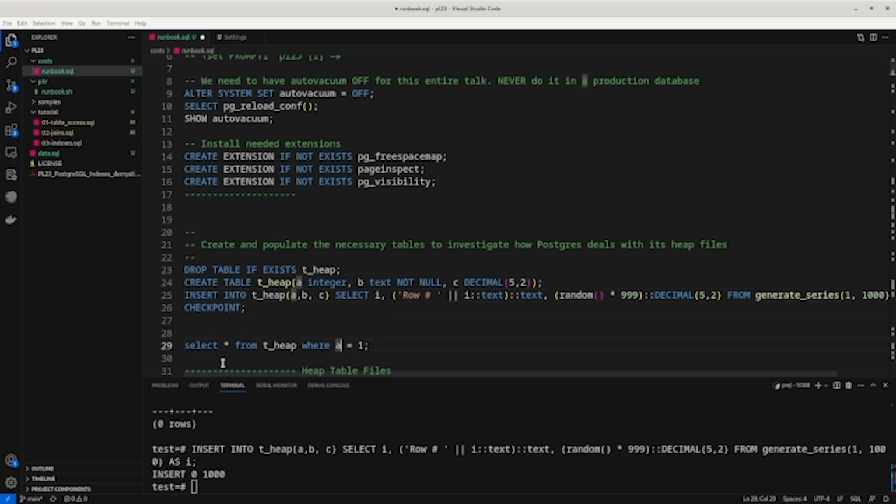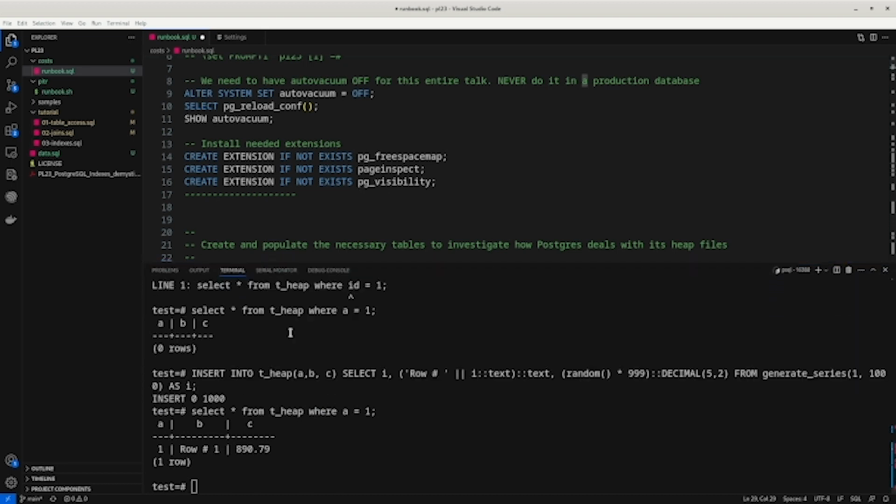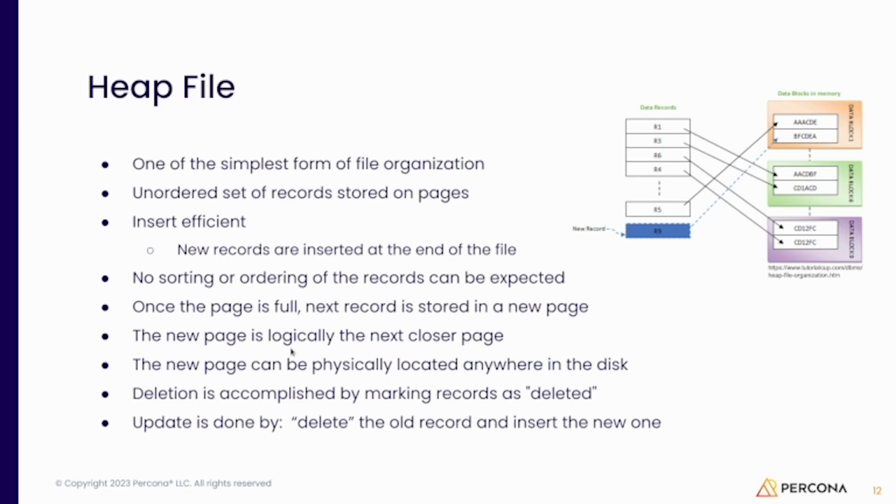Now I have 1,000. So I did this very simple select. Let me just put this a bit up here. See this very simple select? It didn't bring much. It's probably like 20 bytes here. Well, 20 bytes, not 20 kilobytes. To get those 20 bytes here, the database had to read the whole block. And we'll see that on Postgres, the block is not 4 kilobytes, it's 8 kilobytes.